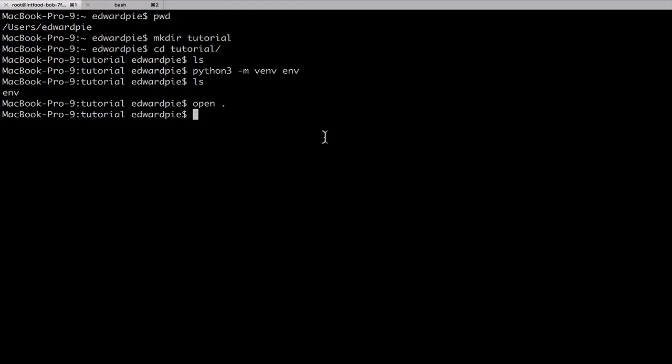Now, once I have the virtual environment created, the next thing I need to do is to activate the virtual environment. What it means to activate a virtual environment is that once the virtual environment is activated, anytime you invoke the Python interpreter, it's not going to invoke the global Python interpreter. Rather, it's going to invoke the virtual environment that you created. Okay, so to activate, you say that